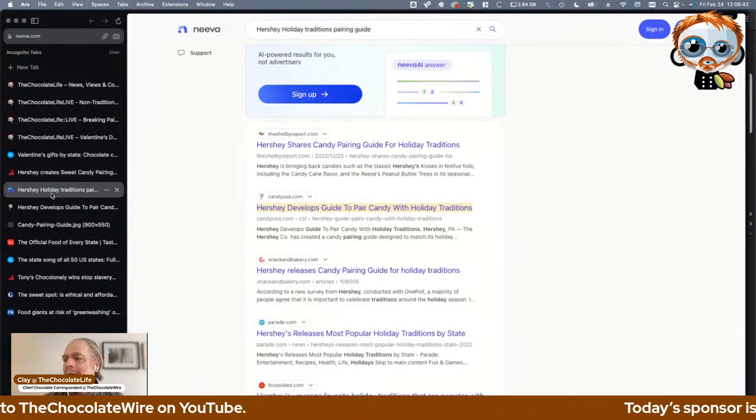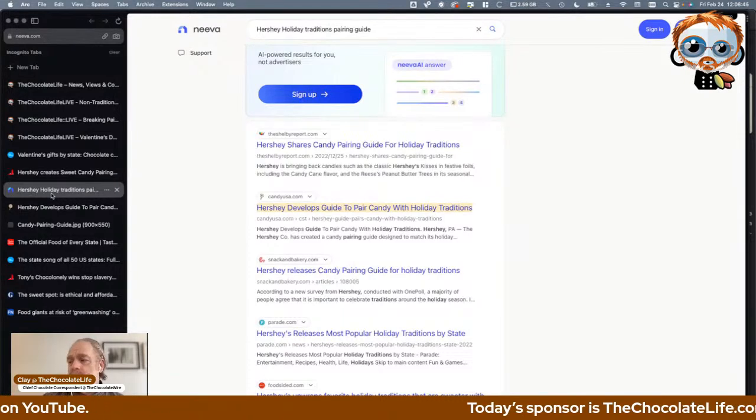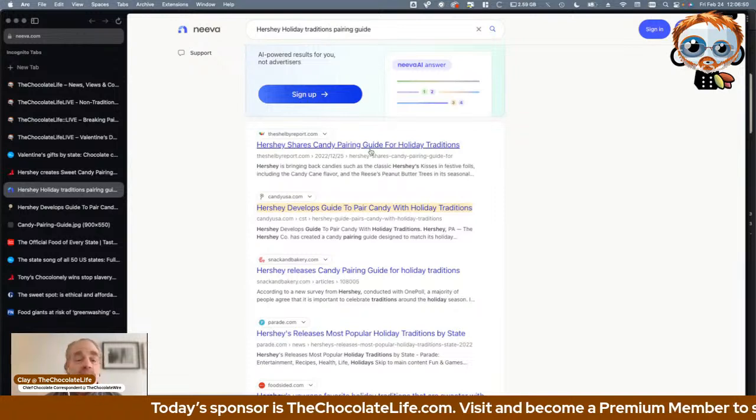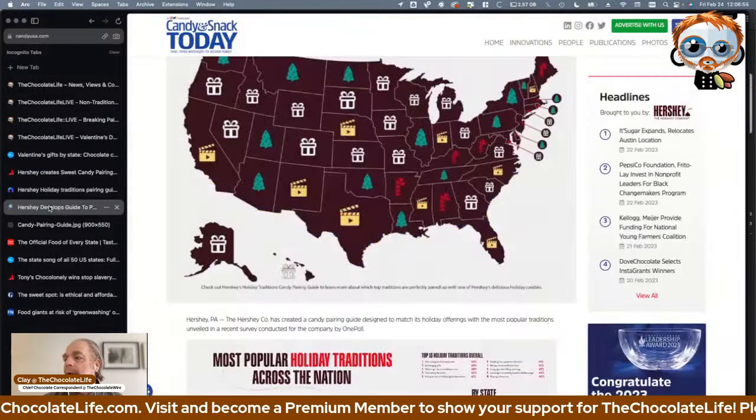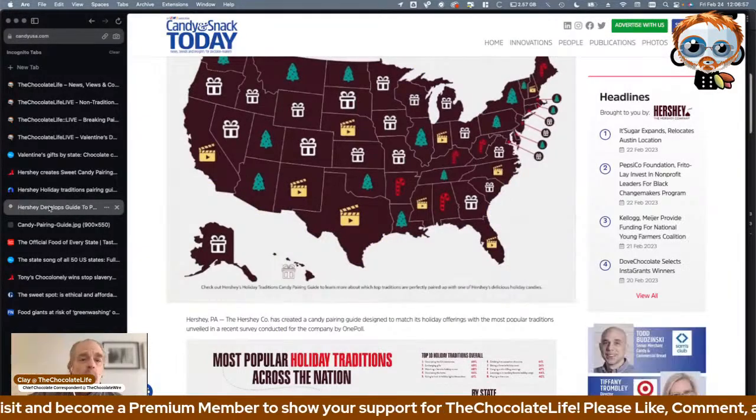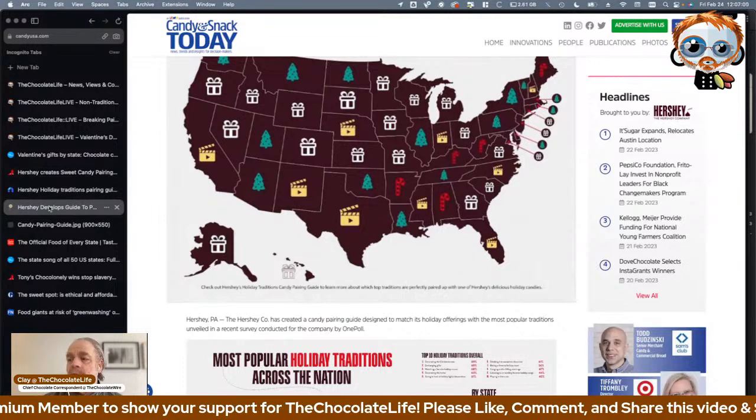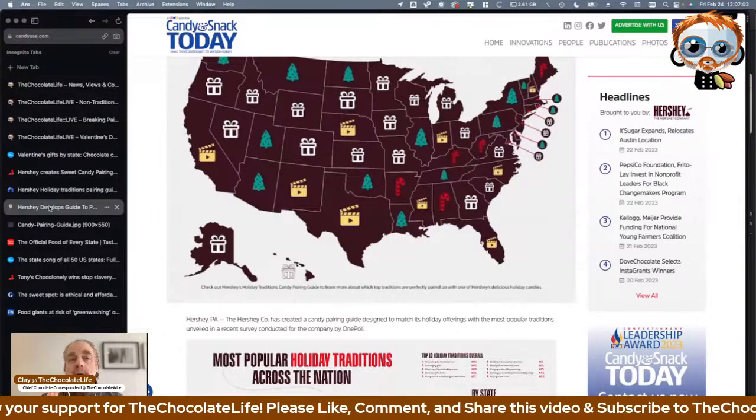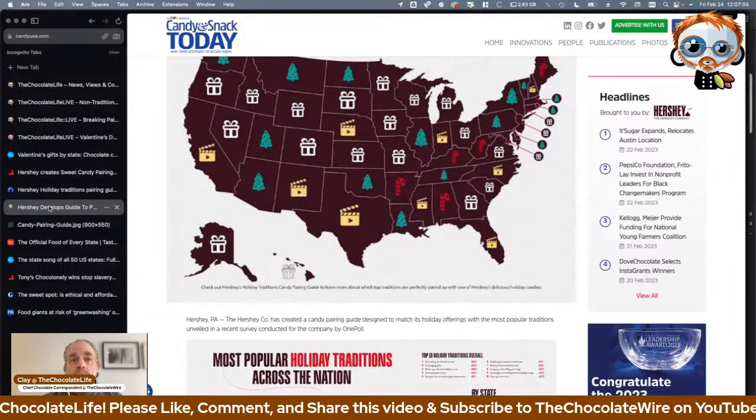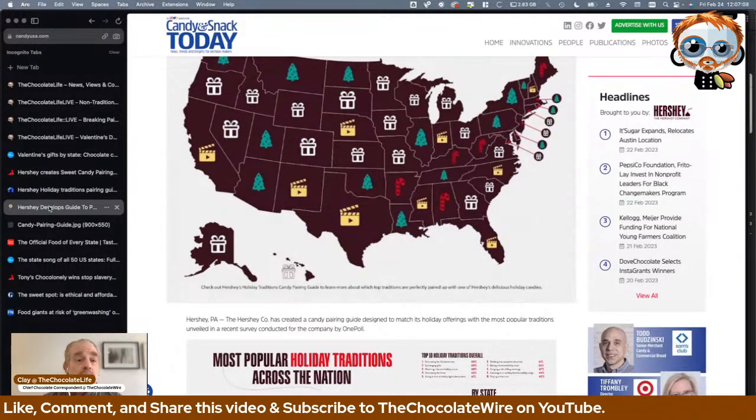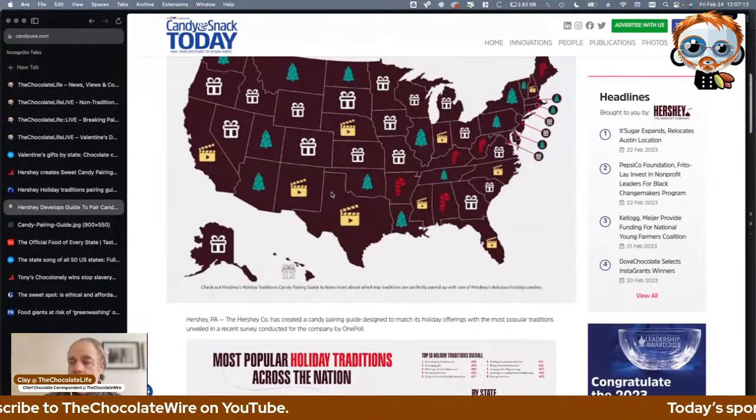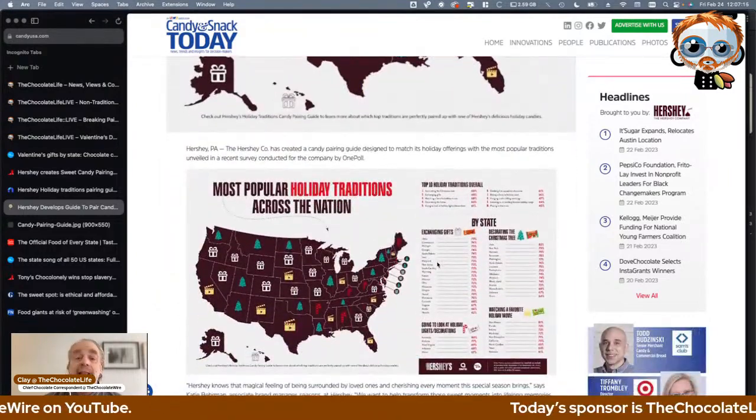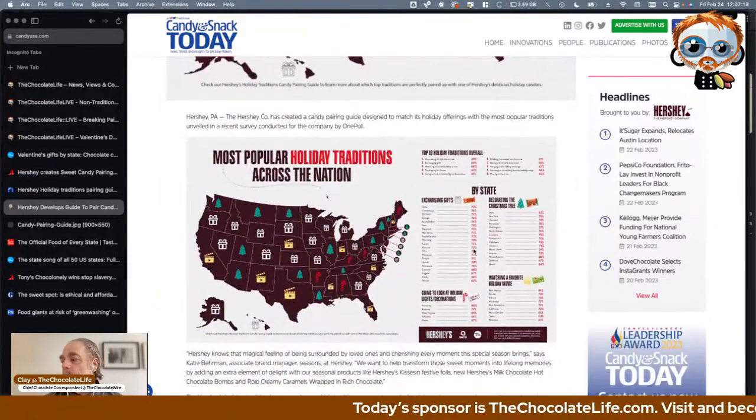And it turns out that when I went and researched this, with a search engine called Neeva that I use, it turns out that a lot of people picked up this particular story, right? That Hershey had done a candy pairing guide, and it's all over the place. And this is one of the representations. Every time I saw this report, it consisted of two things. Number one, an infographic which showed the United States with some icons on it. And then it was accompanied by this graphic, which when we zoom in,